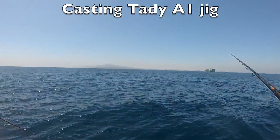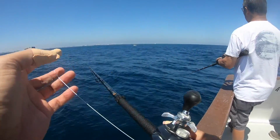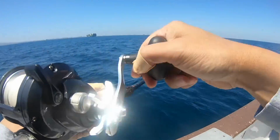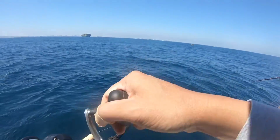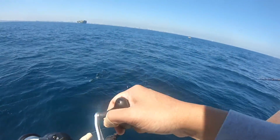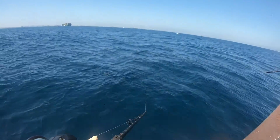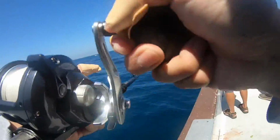Yeah, the more you cast, the more you start fishing with these, the more you'll realize that the lighter jigs and the medium jigs and the heavy jigs all load differently, and then you'll find your sweet spot in casting the different weights to get optimal distance. Everybody's different, so the casting motion is going to be different. What works for me might not work for you,